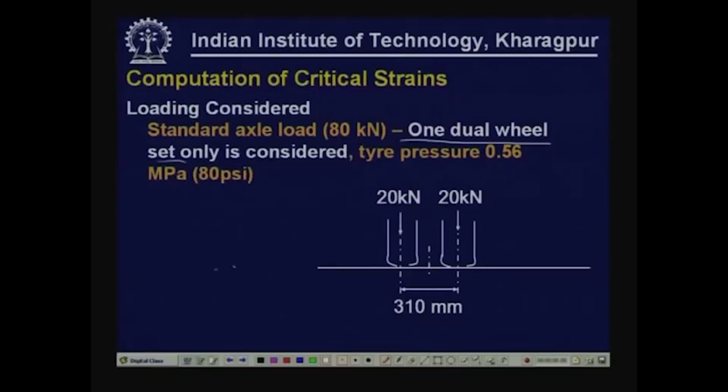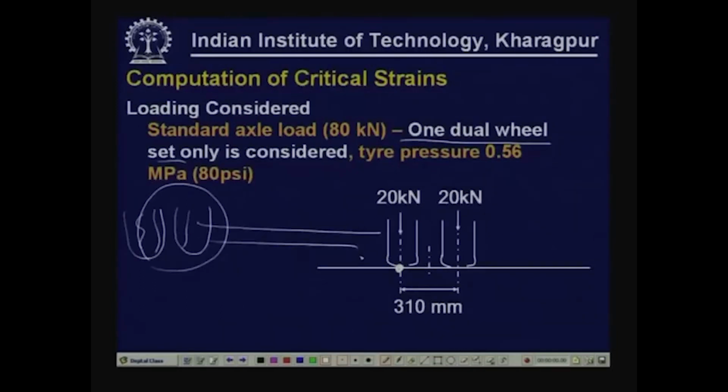because the other dual wheel system is at such a distance that it will not have any significant effect on the parameters that we are calculating at these locations. So, normally instead of considering the total 80 kilonewton axle load, we consider only one dual wheel set and ignore the other set at the other end of the axle. So, when you consider half of the axle load, we have 40 kilonewton distributed over 2 wheels, this is the dual wheel set, 20 kilonewton, 20 kilonewton, tire pressure of 0.56,